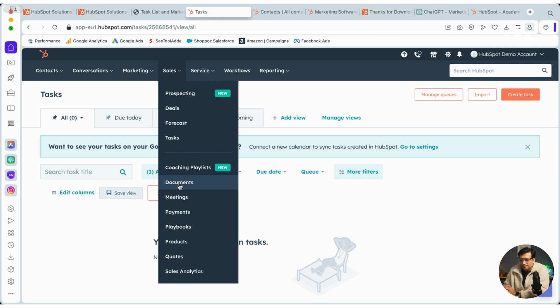Then you have meetings. Of course, you can set up your meetings and your calendar. You have the payment options. You can take payments from your clients using HubSpot. Playbooks. You can of course configure products. And of course, you can create your quotes inside HubSpot. Just to let you know, all these features come in the HubSpot Pro version and above, Sales Pro,